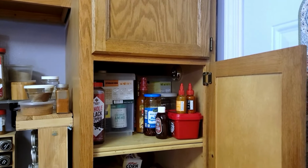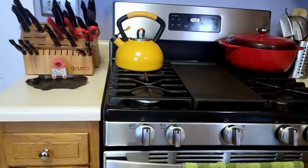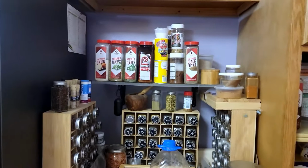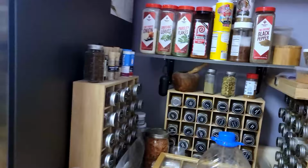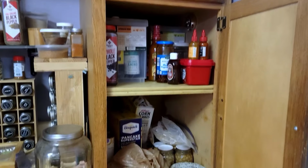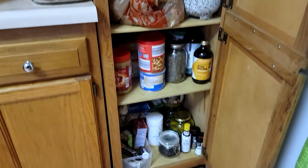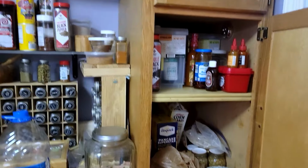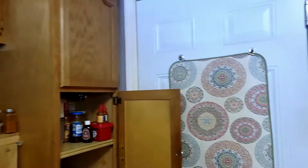So this is our pantry right off of the kitchen. The stove's right here. So this is really the stuff that we use first. And this is my crazy spice rack. Yeah, I kind of have a problem. Just a small problem. And then this is like the stuff that we normally use. We've got sauces and stuff, just general go-to, peanut butter and jelly, and then all the dog stuff's down there. So this is really the go-to pantry right at first. And then we'll take you into the